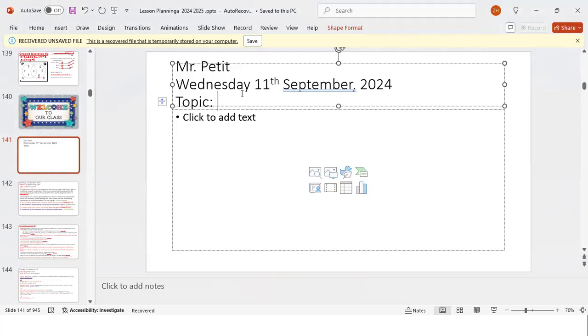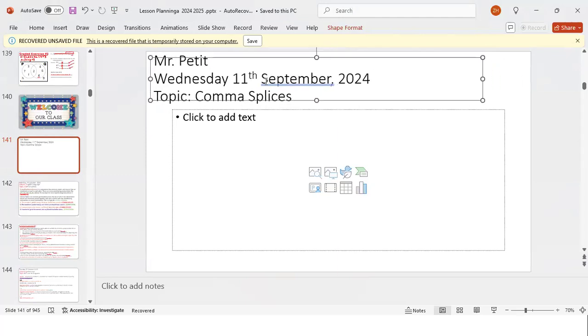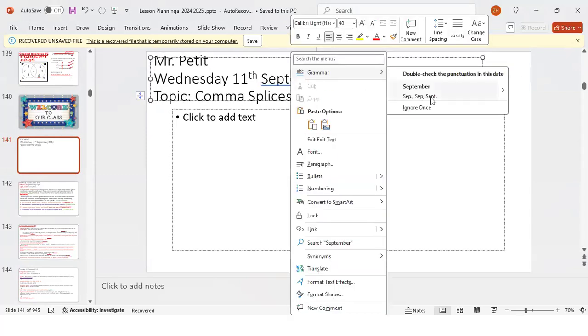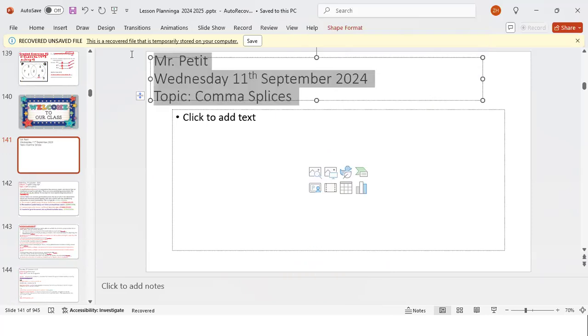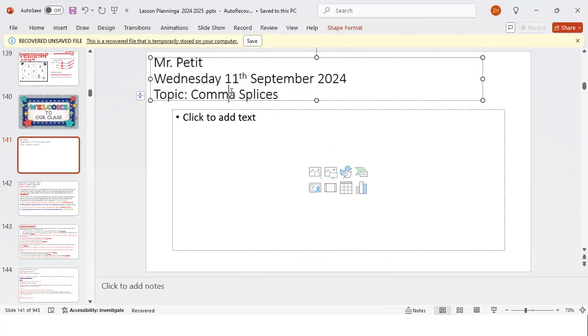So today we're going to be looking at comma splices. Now, a comma splice is basically a grammatical error. The result of a comma splice is a run-on sentence, all right? How many of you, when you write, have had your teachers say that it's a run-on sentence? That's happened to any of y'all? Yes, sir. Yeah, it's a run-on.